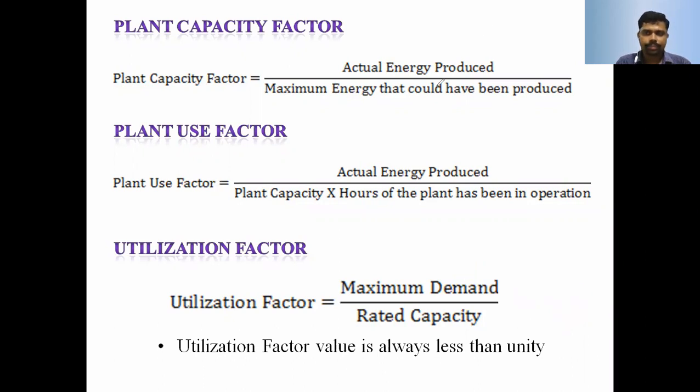Today we discussed what the base load and peak load are. What are the various types of consumers or loads? That is domestic load, industrial load, irrigation, commercial, and traction load. And how the cost of generation is classified: fixed cost, semi-fixed cost, variable cost, and a few terms and factors affecting the economic aspects of power generation. That is diversity factor, the effect of load factor and diversity factor on generation of electrical energy, plant capacity factor, plant use factor, and utilization factor. Up to now, any doubts?